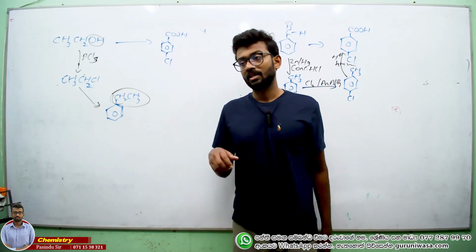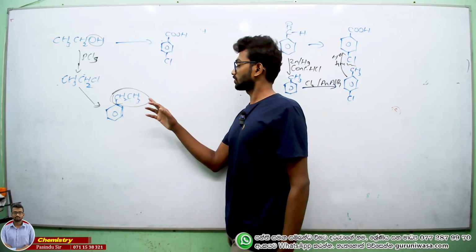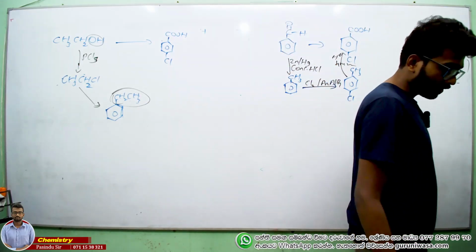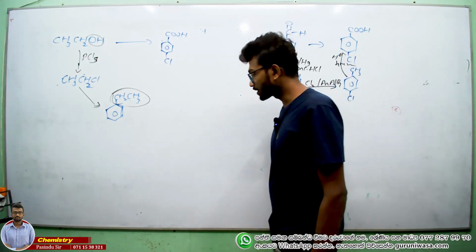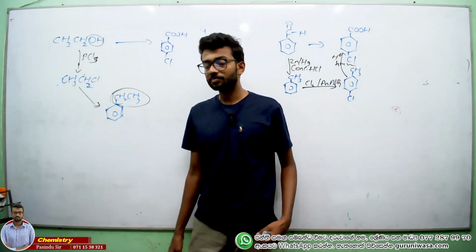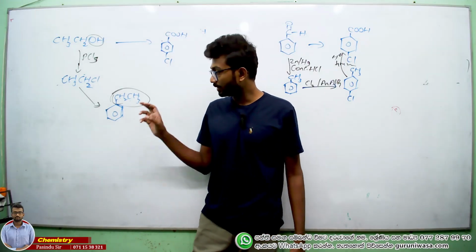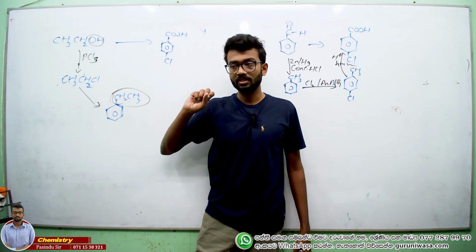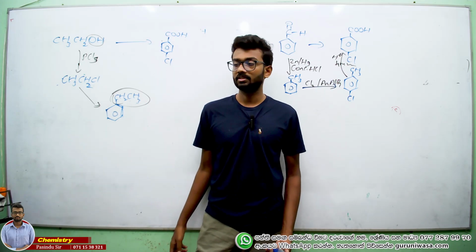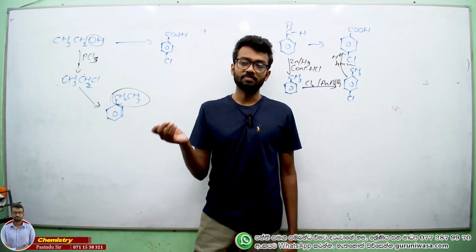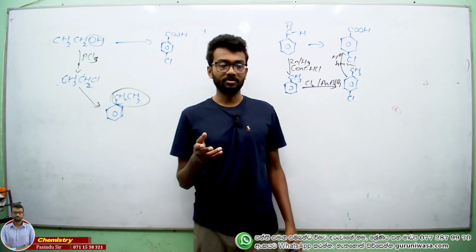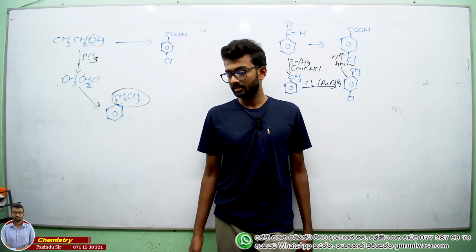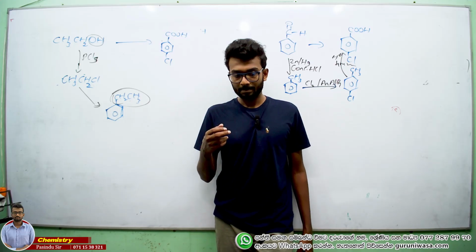Another thing, I think I explained about that also. Most of the time, the second group tries to go into... Okay, I'll ask it as a question. Which position is preferred by the second group? If the first group is an orthopara directing group, the next group prefers which carbon? I mean, which place? Ortho or para? Which one? Most of the time, the second group prefers